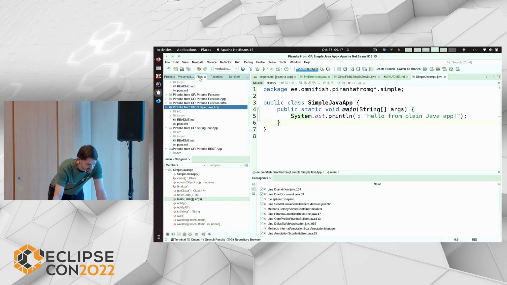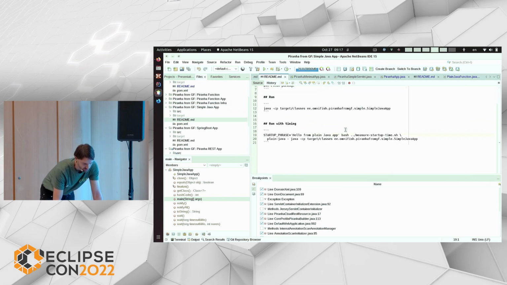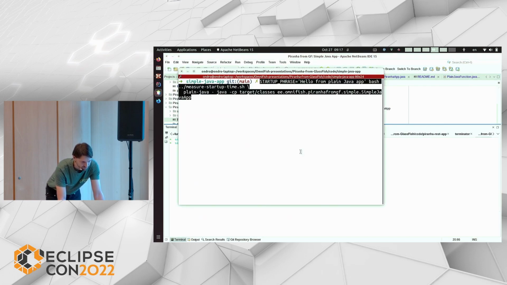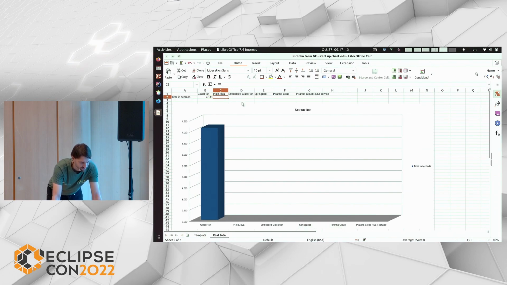So let's just measure that. And this measurement doesn't start the server, it just starts the application. The application finishes and it measures how much time it takes for the application actually to run. Okay, almost instantaneous. The application finished in 60 milliseconds. You see the difference? There is this thing in the second column. It's almost invisible.